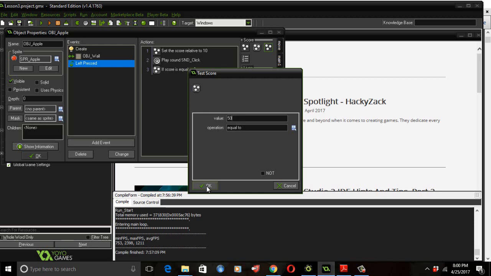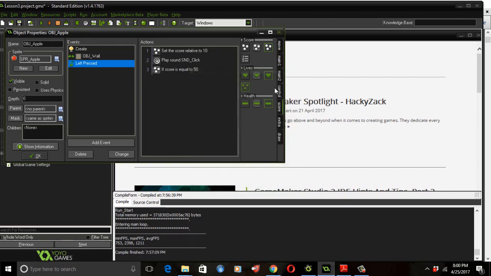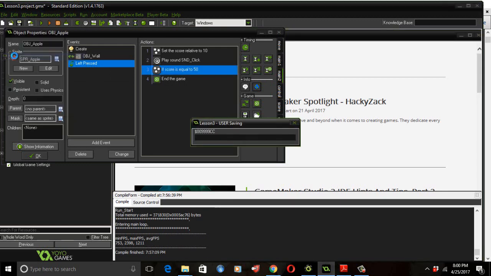So if it's equal to 50, then we're going to end the game. Which is it, this one? No, the stop time. There it is. End game. So the game will end. It'll be over. So if we click our apple 5 times, that adds up to 50, and then we'll end the game. So let's file, save,